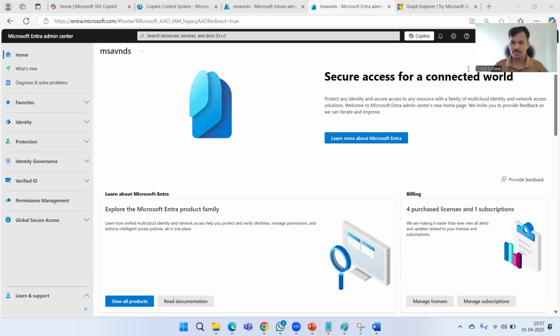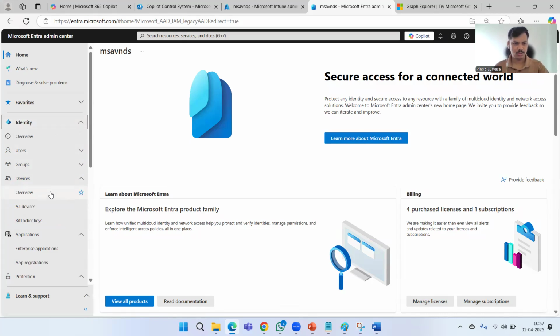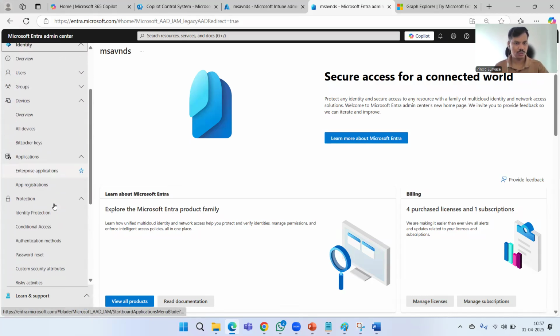So let's go ahead and let me share my screen quickly here. All right. All right, so I'm on the Entra portal and I wanted to show you those roles first. Once you know the roles, then definitely you can assign those roles,